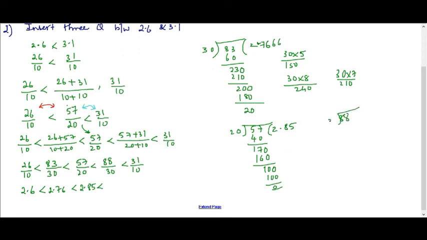88 you take and 30 you take and start dividing. I can write 2 3s are 6, because 3 3s are not possible. And 28, you write 0 by putting a point there. Closest is 3 8s are 24, 3 9s are 27. Yes, you can take 9. I'm sorry, 9 3s are 27, so 270. 10 is left. Point already, 100. 3 3s are 90. 10 left. So it's repeating. So I can write 2.93 less than 3.1.